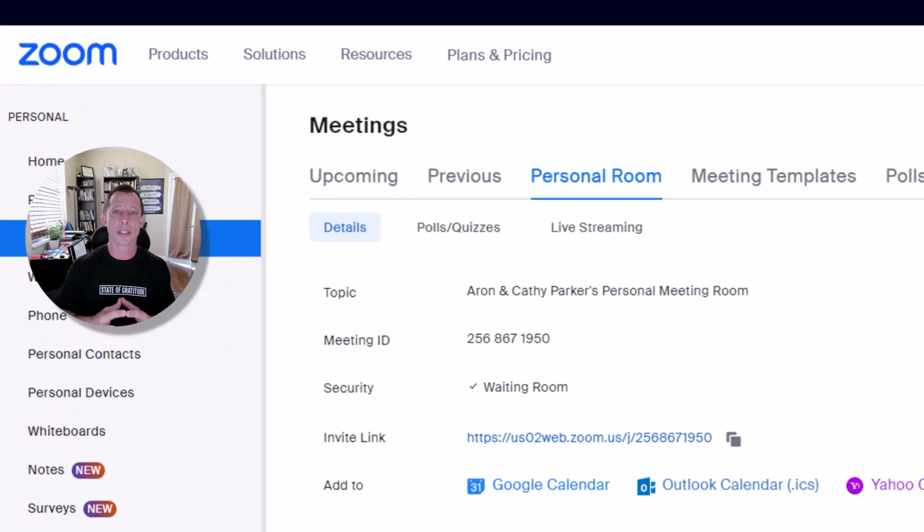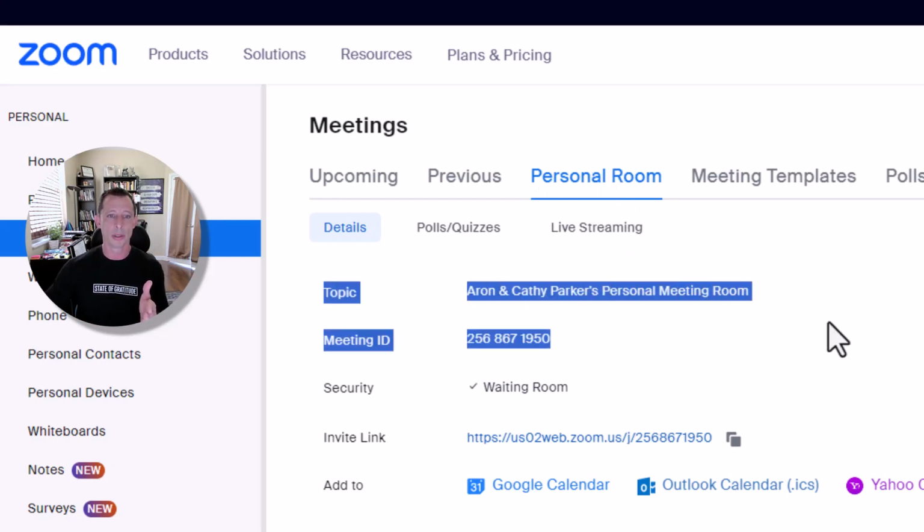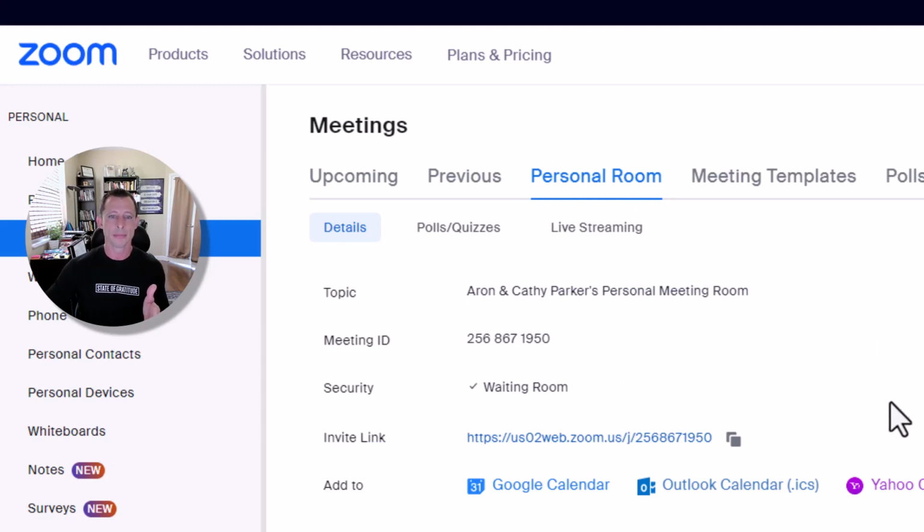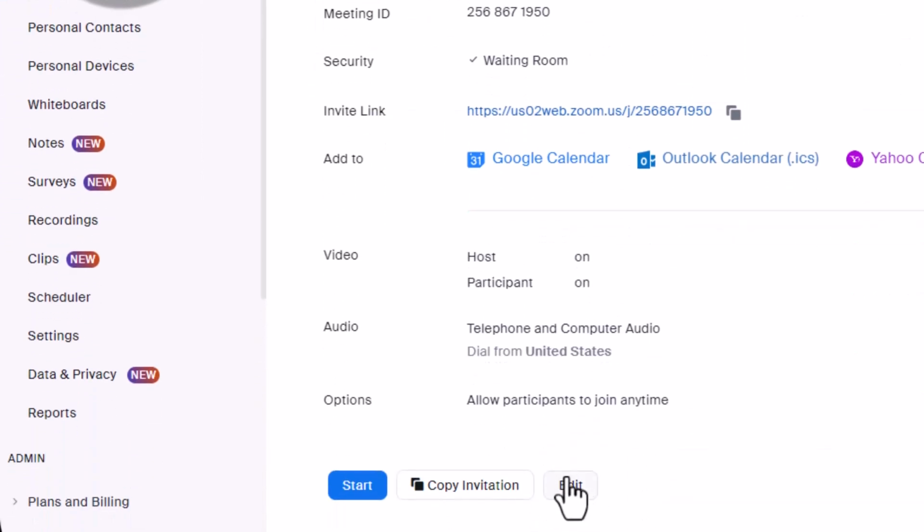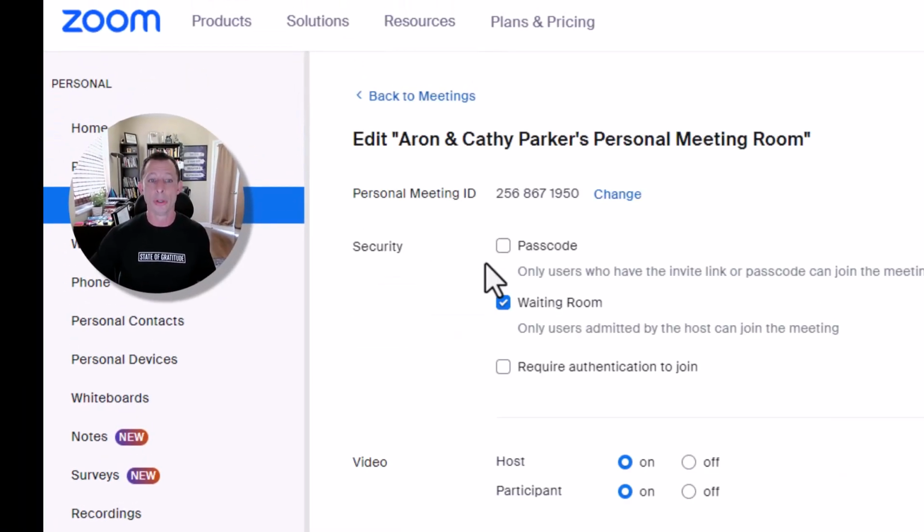I had some people ask, well, how do you take your Zoom account and link it to a domain, so it's easy for people to get access to your Zoom room? First of all, when you log into Zoom, you're going to go to your personal room and it's going to pull up your invite link. Now I personally clicked on edit and removed the passcode. I don't need a passcode because I have the waiting room turned on. So I would keep the waiting room turned on. That means people can't get in until you click to accept them when you're in the Zoom room. But the passcode is kind of irrelevant at that point. It just adds another layer of complexity.